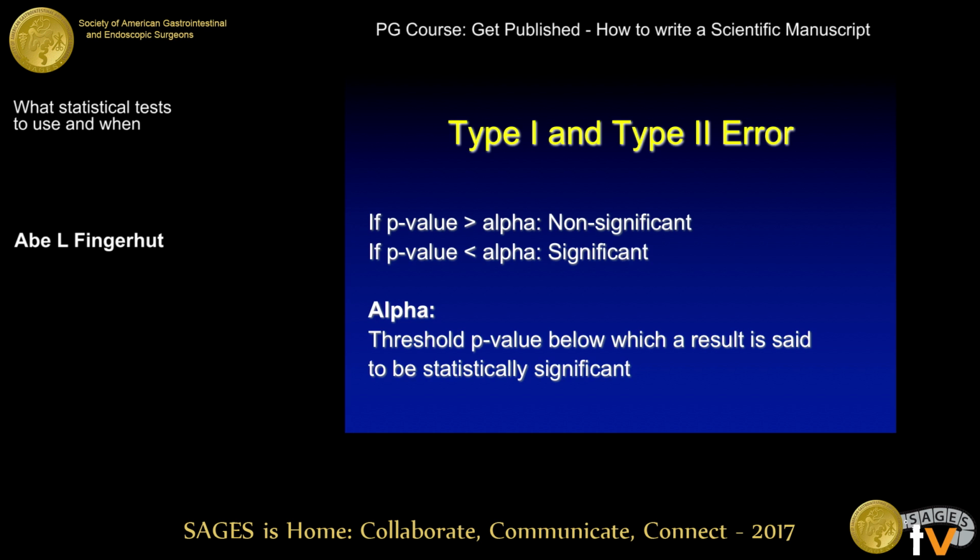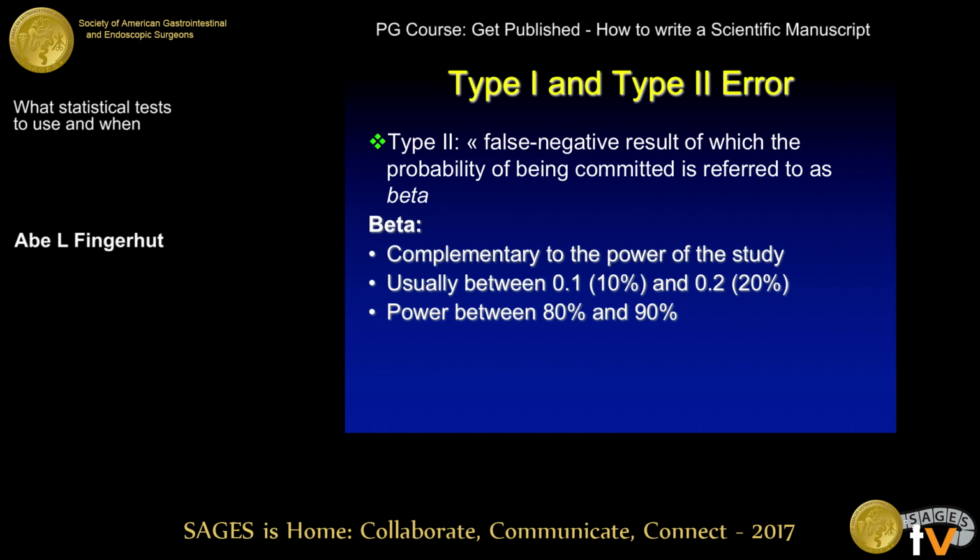Now, it is well known that if the p-value is greater than that alpha, that type 1 error, usually set by convention at 0.05, we say that the result is not statistically significant. If the p-value is less than that preset value of a type 1 error, which we have set by convention as 0.05, we talk about something that's statistically significant. Okay, this is all known to everybody. Here's where it gets complicated.